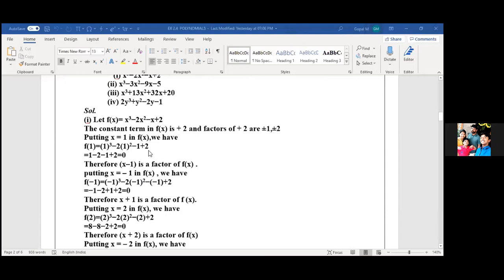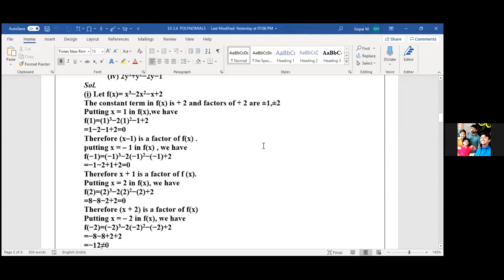Okay, now x equals plus 1. We got 0. So x equals 1 gives a factor. Now I'm taking x equals minus 1. When x equals minus 1, if I apply it in the polynomial, even for that I'm getting remainder 0. Means if I shift minus 1 to the left side, x plus 1 is also a factor. Okay. Am I clear? Yes, ma'am.